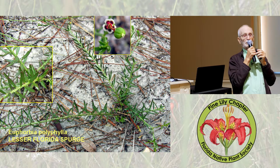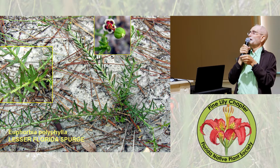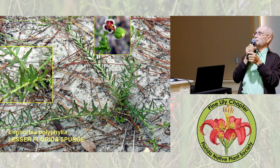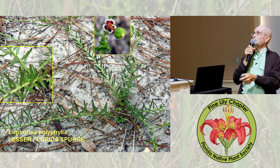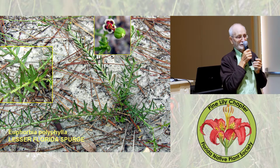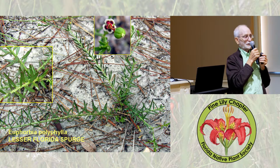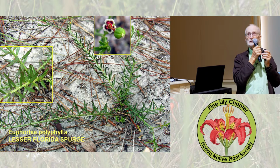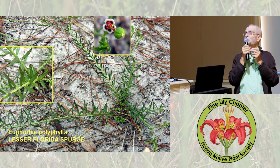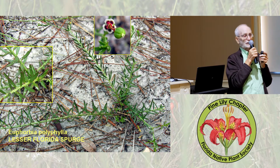Now here is a very small flower. Whoops, I didn't want to go there. This flower is up. You see that little flower up there? That's how small it is. This other picture in the top there is, of course, magnified quite a bit. But you see, it's a rather pretty small flower. And it's in a group,